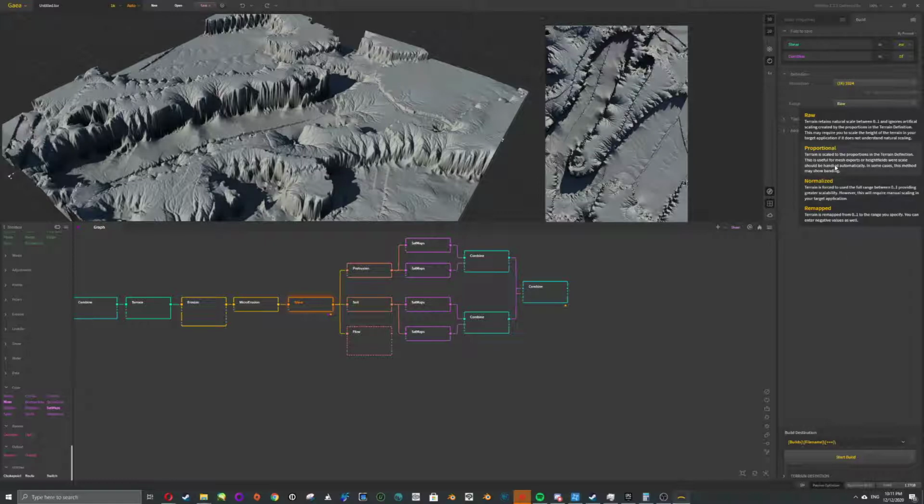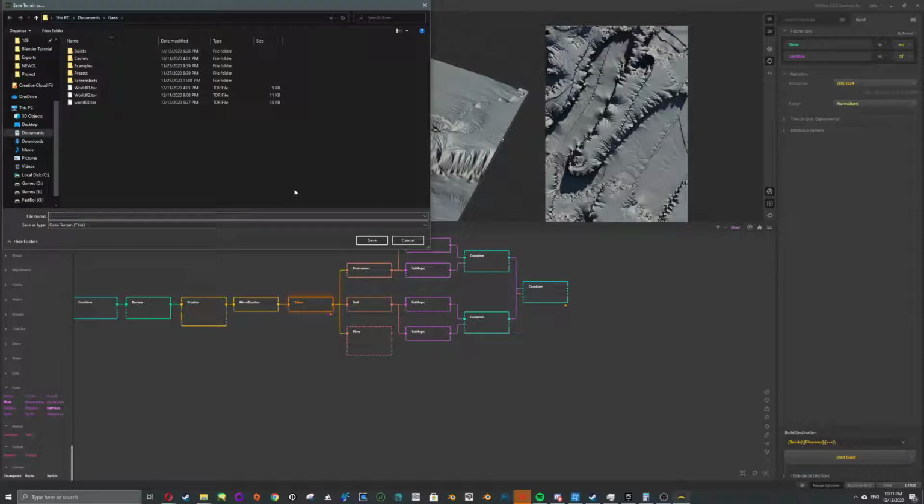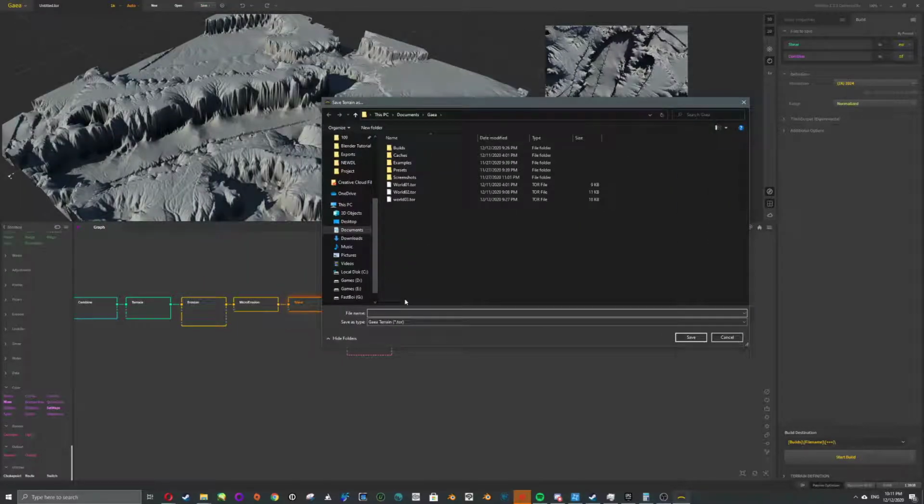So let's just say terrain scale in proportion to terrain defined, method manual scaling, in your target application normalized. This looks great for my needs. I'll just click on that. TIFF is fine. Like I said, I've already built this with 1K, so if I hit start build, it's going to ask me, I have to say first, so I'm just going to call this world 04,